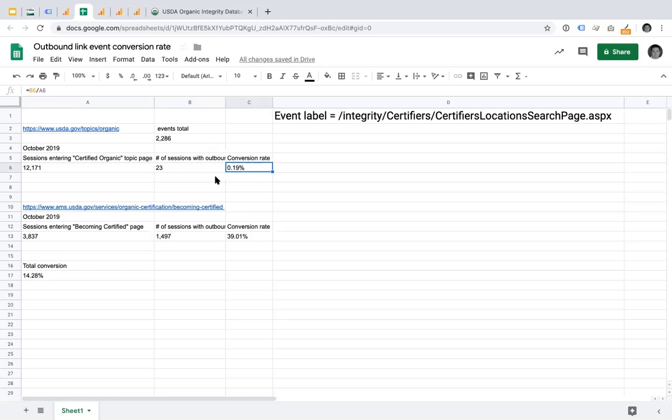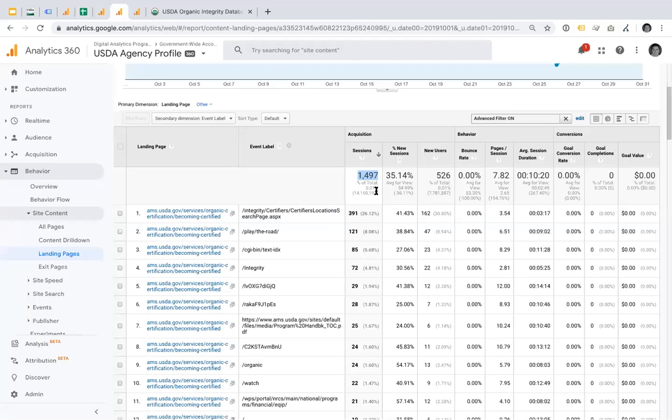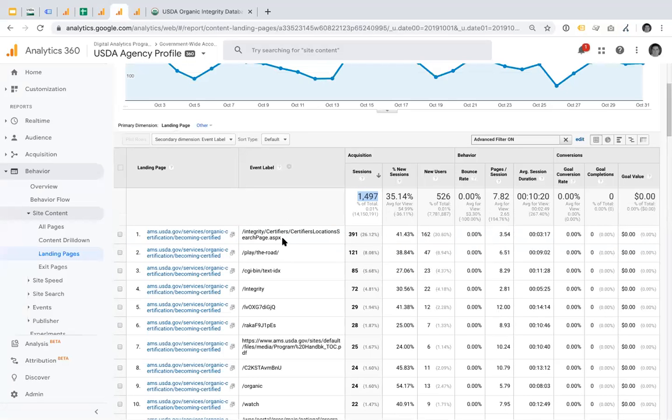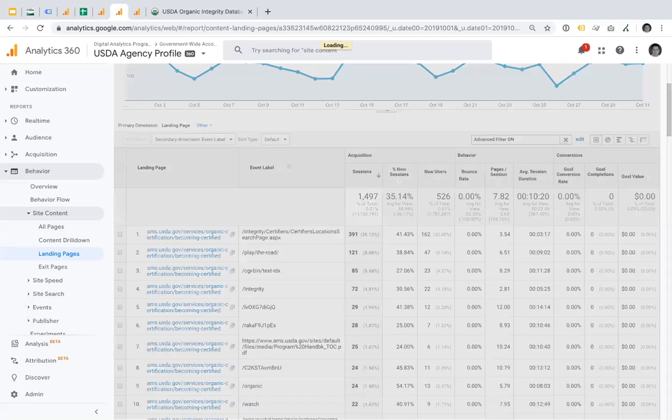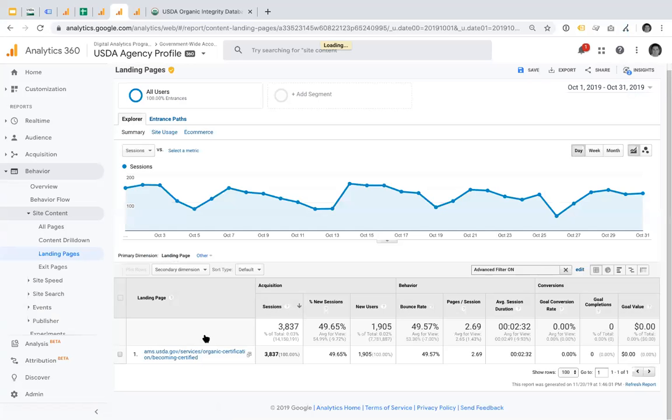Now, let's look at the other page. We've got organic certification, becoming certified. Now, this is the other page. So let's take a look at this. Let me go in here and show you how I pulled this data. Now, I've got my event label here. You just copy this and remove this secondary dimension. Now we've got